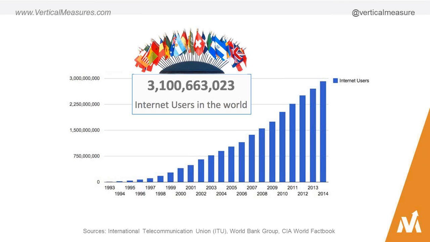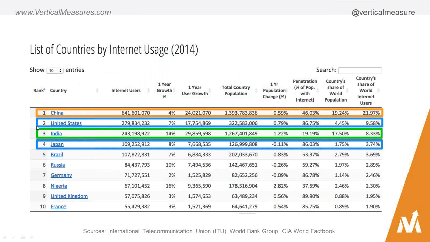Obviously, growth keeps going. And just to look at some of the specifics, China has the most Internet users in the world. Their share of the world population is 19%. It's interesting to point out that 46% of China is online. If you look at the United States and Japan, about 86% of us are online. But look at some of these emerging markets. If you take a look at India, I've highlighted it green on this slide. It's interesting, only 19% of the population is online, but they make up a huge percentage of the total world share of Internet users. So it goes without saying there's tremendous opportunity.